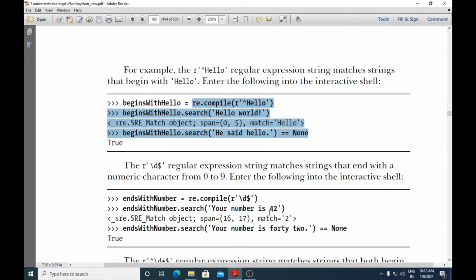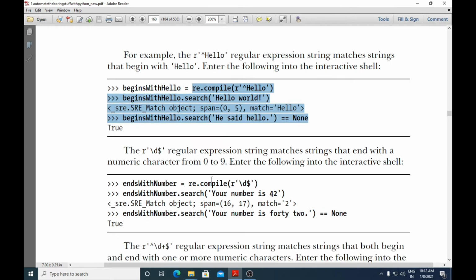Okay, now let us see a program that ends with a caret symbol. Oh no, that ends with a dollar symbol. Okay, so let us see what the dollar helps in. Here, this line, the regular expression \d$. Okay, \d is used for what in regular expression? It is used for numeric characters.